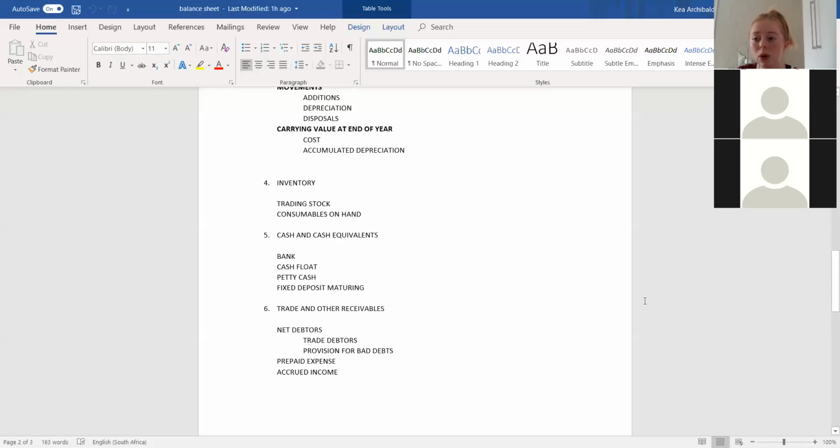Okay, any questions with cash and cash equivalents? With the fixed deposit, oh, sorry. With the fixed deposit maturing, yes. Am I correct in saying that it's current portion of fixed deposit, right? Yes. So you can say either or. Okay. Some schools just say it differently. So yeah, that's 100%. Okay, cool. Any other questions? No. Yeah. So then,